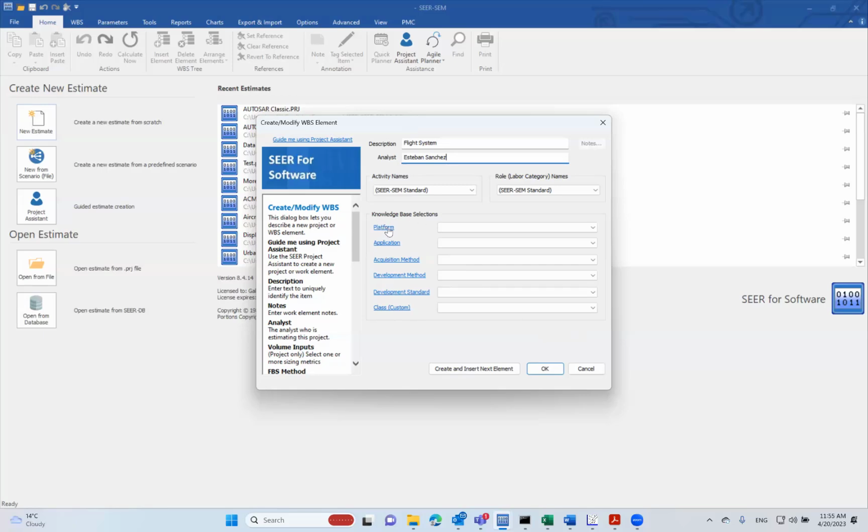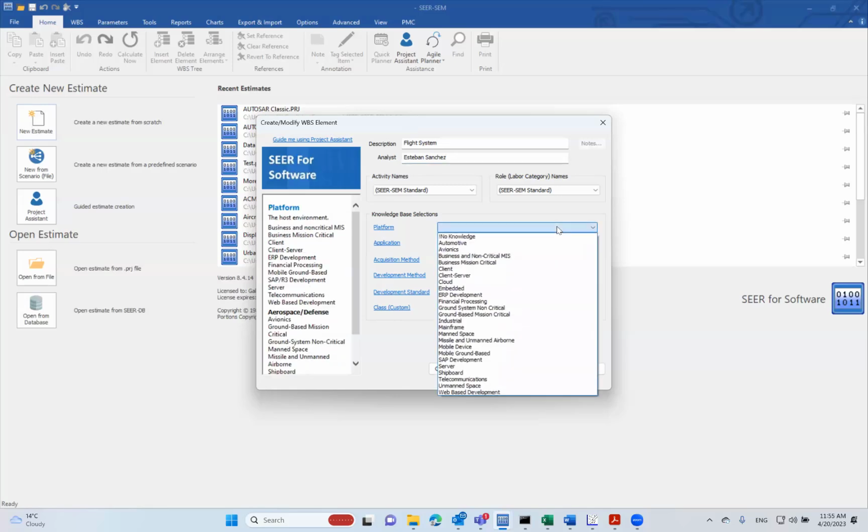So we start with platform. The platform knowledge base describes the environment where the software executes. These are the options that SEER offers for platform knowledge bases. And of course, avionics is there. If you are estimating software that is going to be flying on an aircraft, then avionics is the platform that you should use. Other platforms that are supported by SEER include automotive software for vehicles,